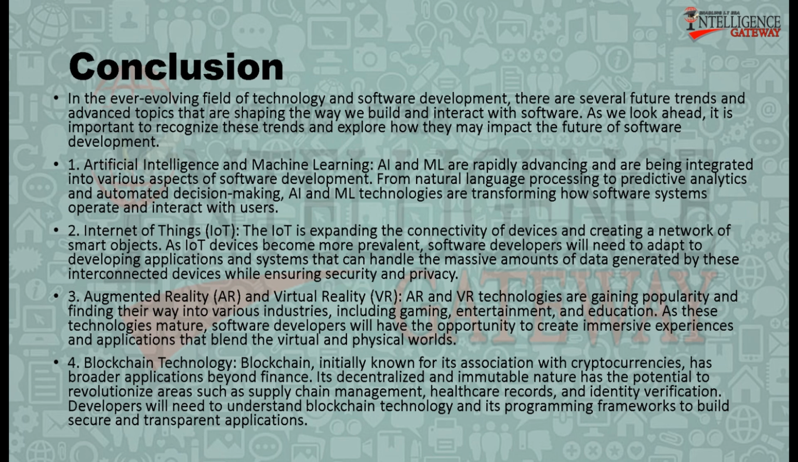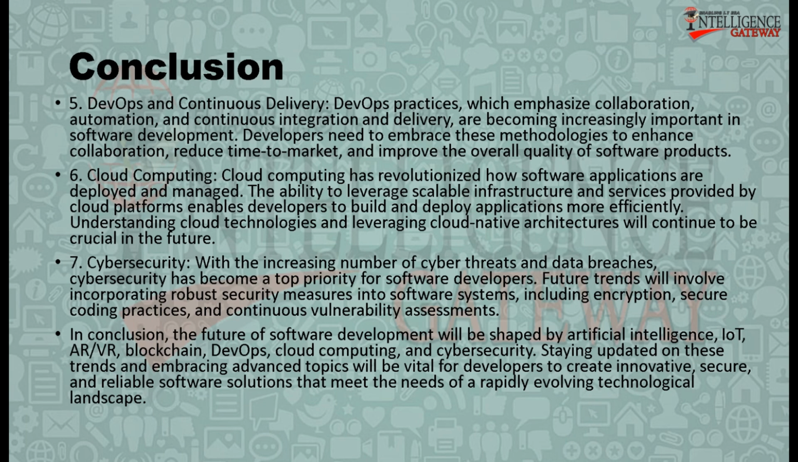broader applications beyond finance. Its decentralized and immutable nature has the potential to revolutionize areas such as supply chain management, healthcare records, and identity verification. Developers will need to understand blockchain technology and its programming frameworks to build secure and transparent applications. 5. DevOps and continuous delivery. DevOps practices, which emphasize collaboration, automation, and continuous integration and delivery, are becoming increasingly important in software development. Developers need to embrace these methodologies to enhance collaboration, reduce time to market, and improve the overall quality of software